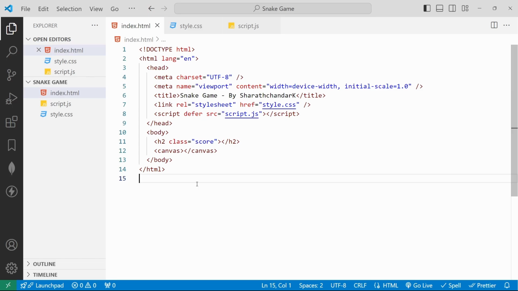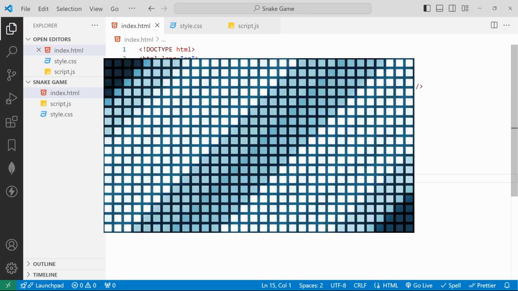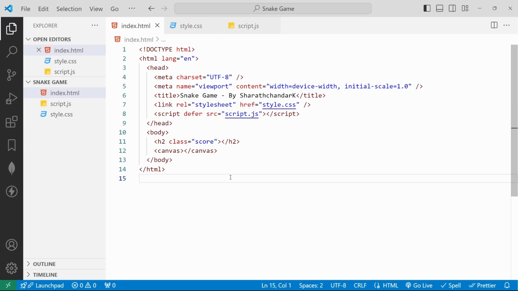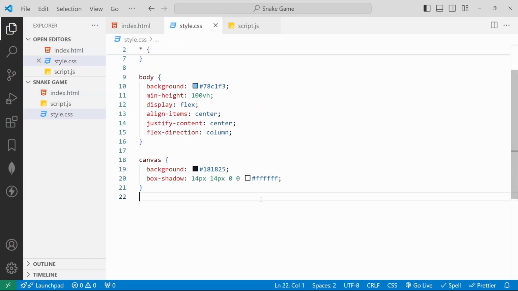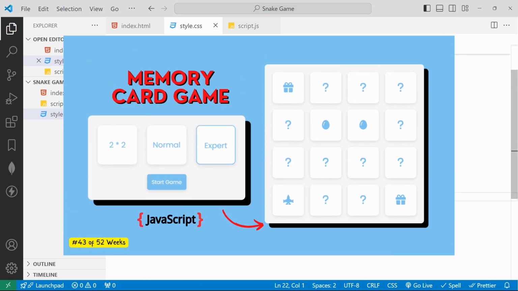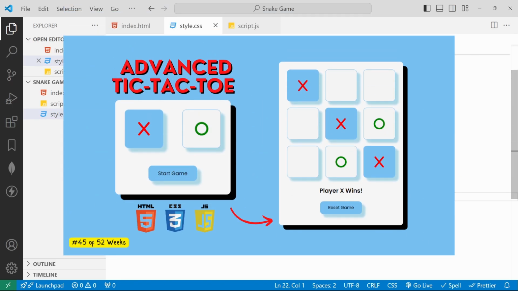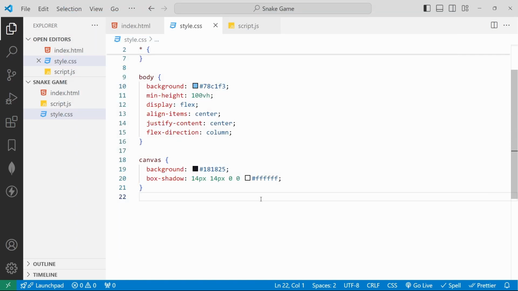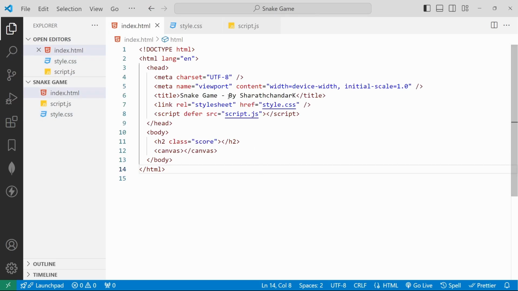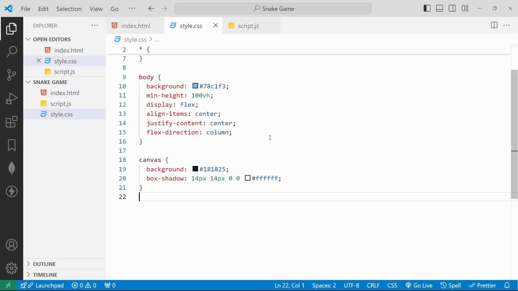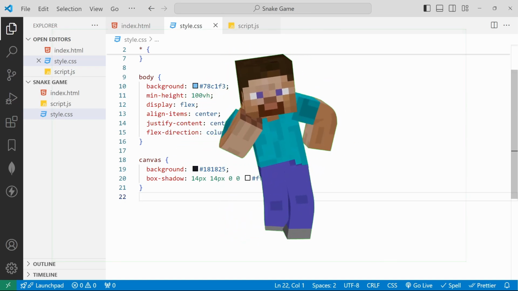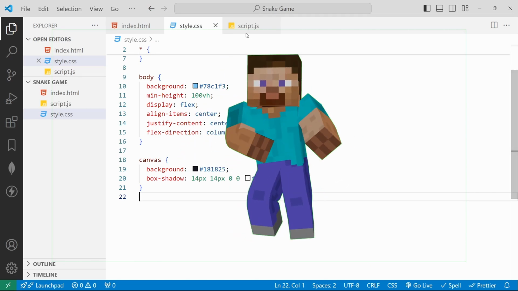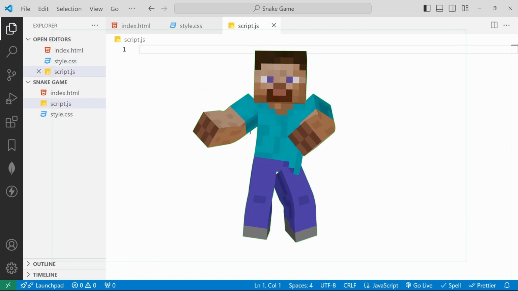Are you thinking about using this minimal code to create a game grid, snake, and food with random colors? Our previous JavaScript game playlist included games such as memory card game, rock paper scissors, tic tac toe, word guessing game, and many others. In all of these projects, we added the HTML elements with CSS styles and actions in JavaScript. But here we want to do something more advanced. Our plan is to create graphic games with Canvas using JavaScript for the upcoming weeks